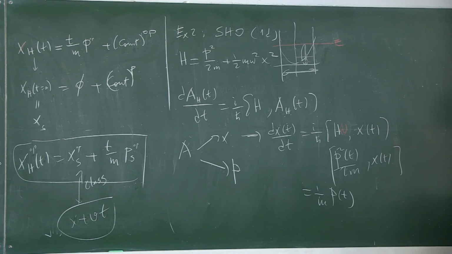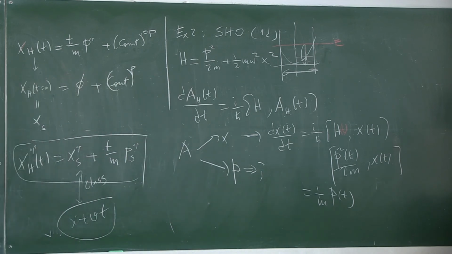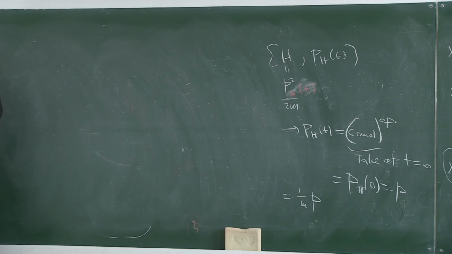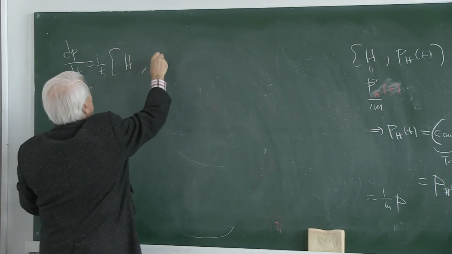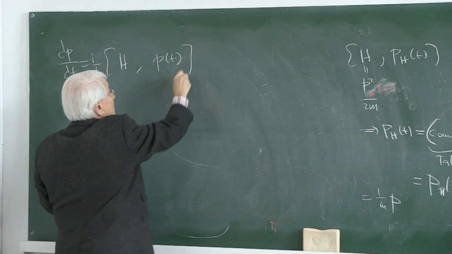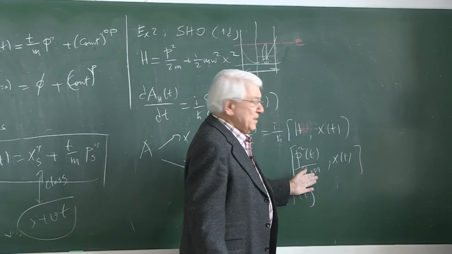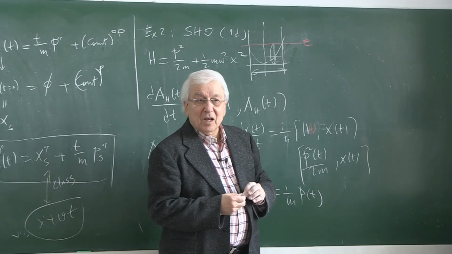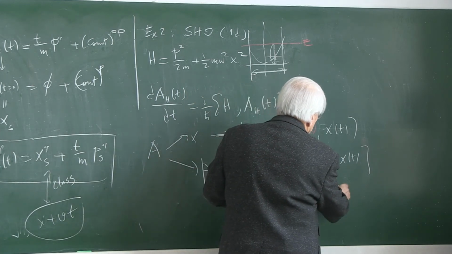The second part is a little less trivial. Let's work it out. Now I will focus here. I will do it there. dp/dt equals i over h bar, the commutator of H with p(t). You may say, what happened to the second term? Well, it's trivial, I'm sorry. Sometimes I drop trivial terms, but in order not to make you feel uncomfortable,